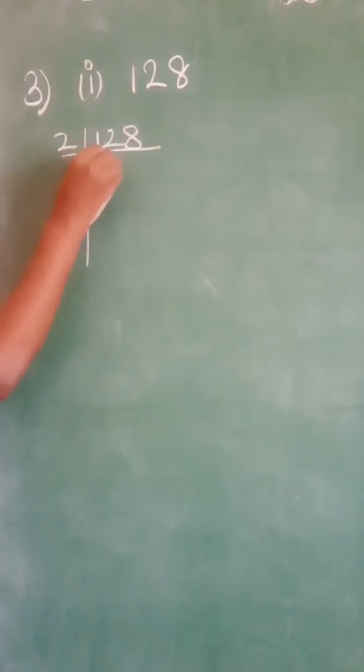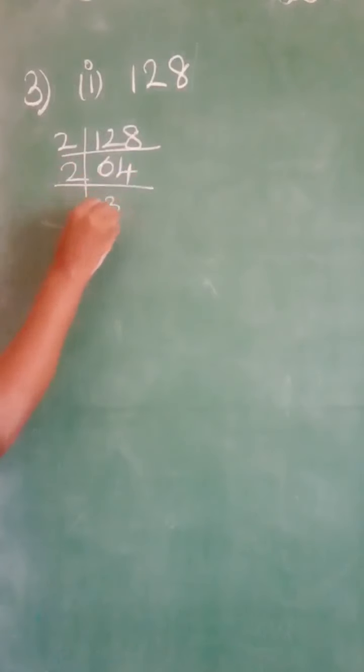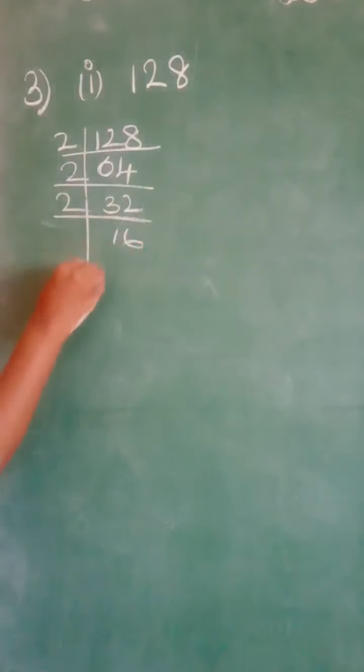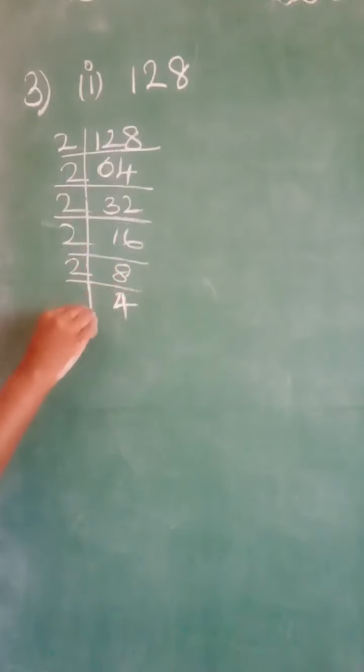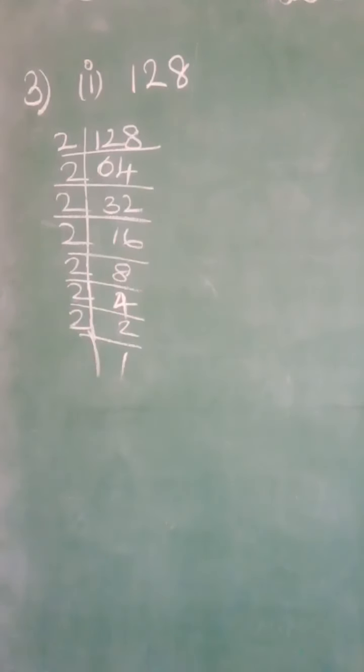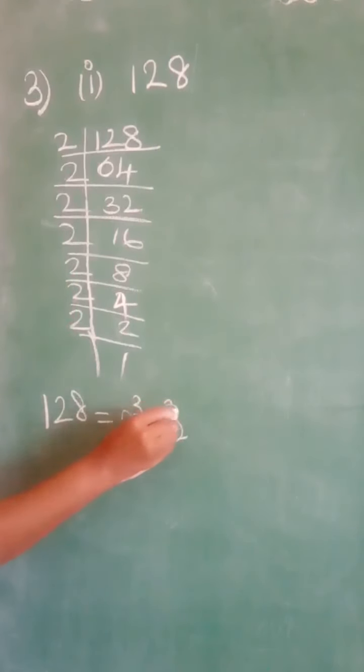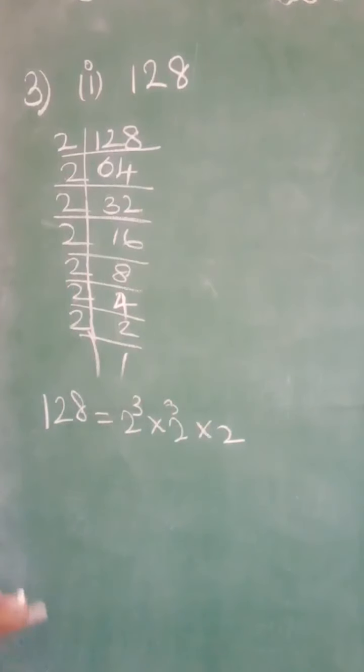Next we have 128. Okay. Do prime factorization for 128. Start with 2 tables, 64, 32, 16, 2 8s are, 2 4s are, 2 2s are and then 2 1s are. Okay. Then we have 128 is equal to, how many 2's? 1, 2, 3, 4, 5, 6, 7. Okay. So 2 cube into 2 cube. So that will give you 6 cubes. Then 1 more 2. So 2 is left without group of 3.